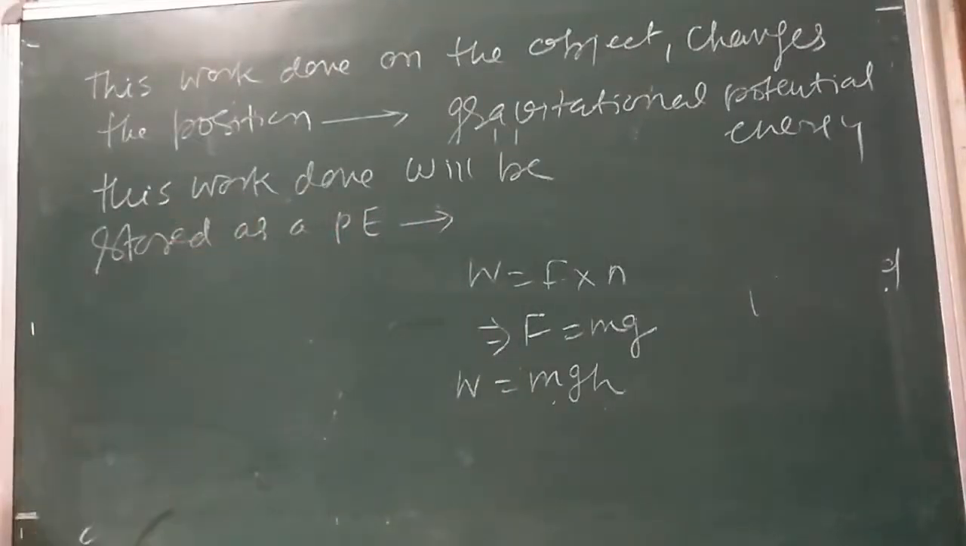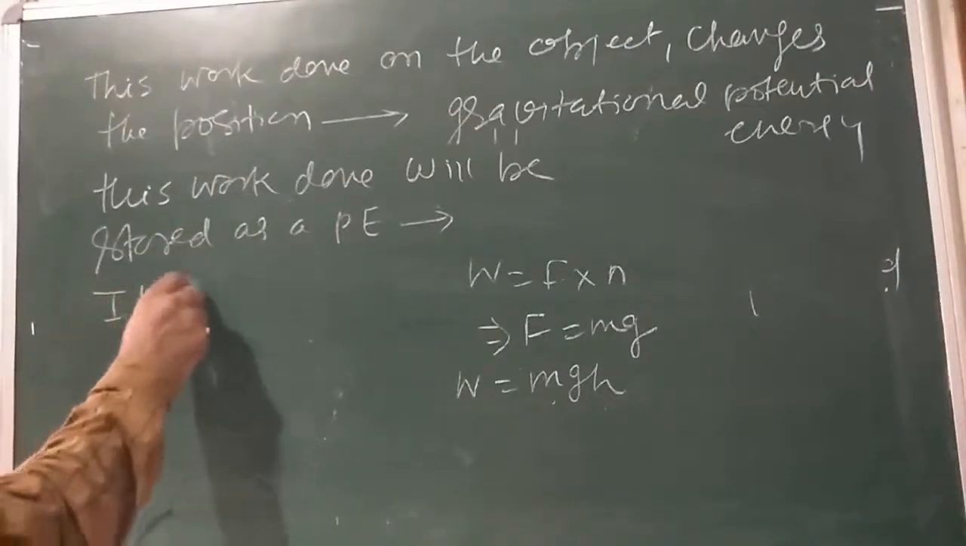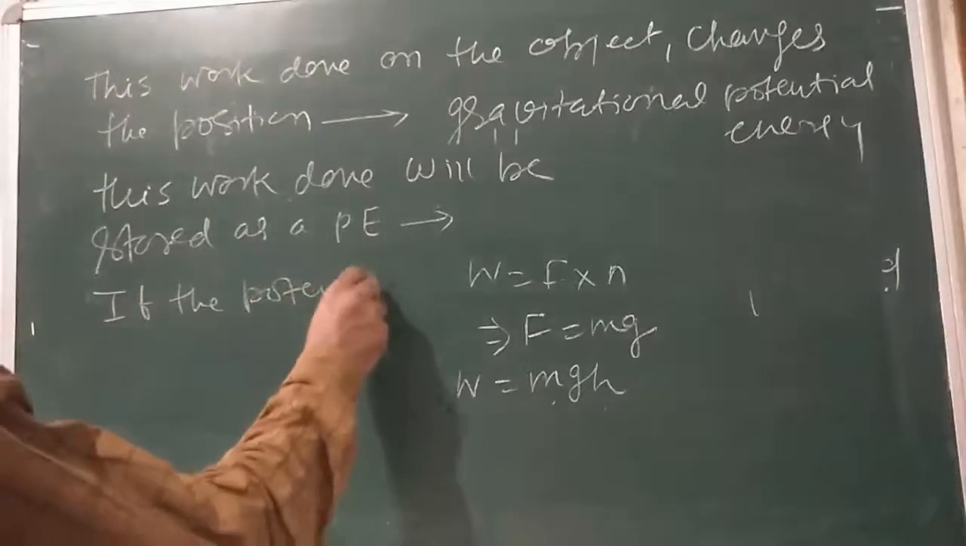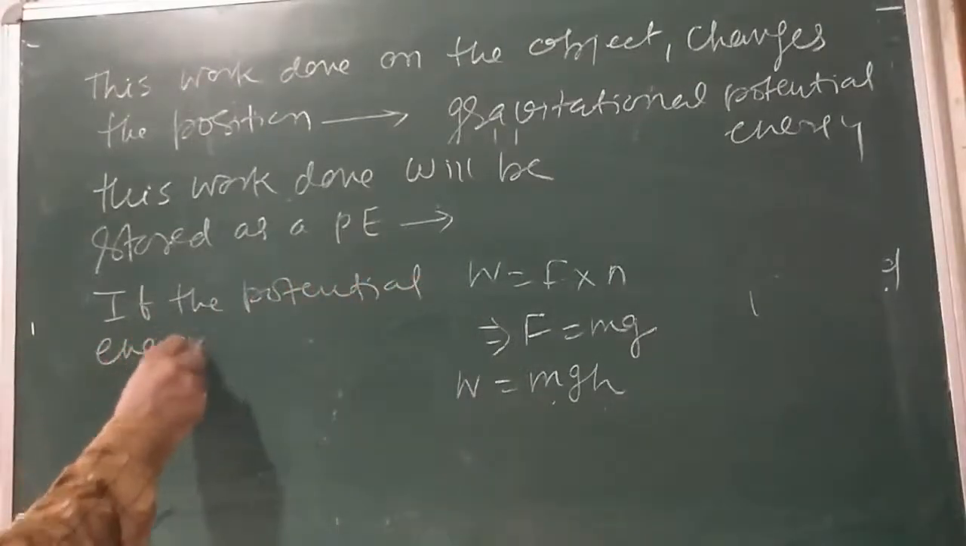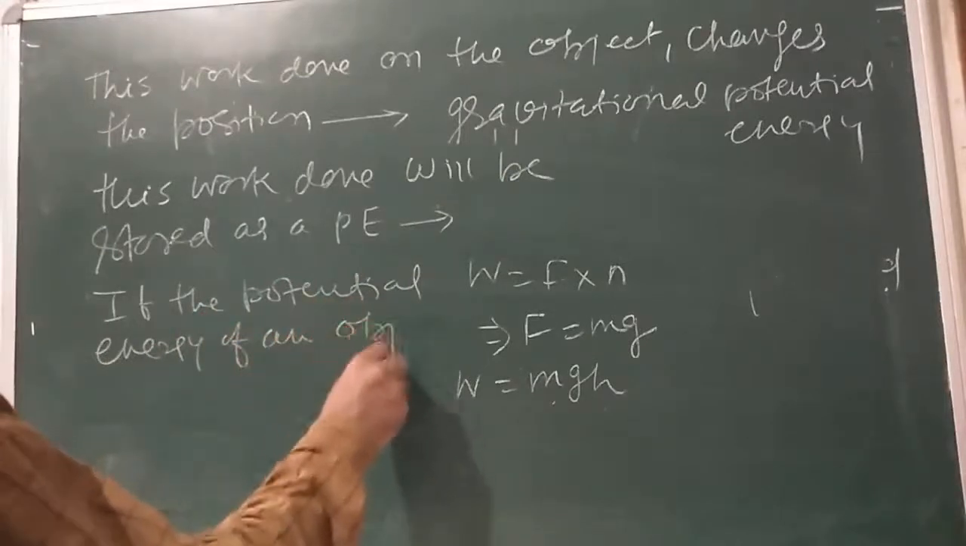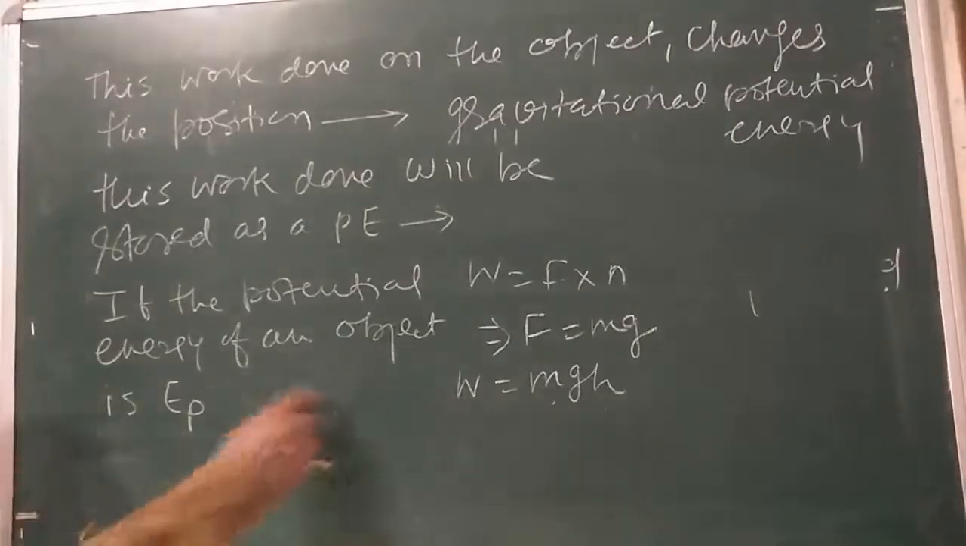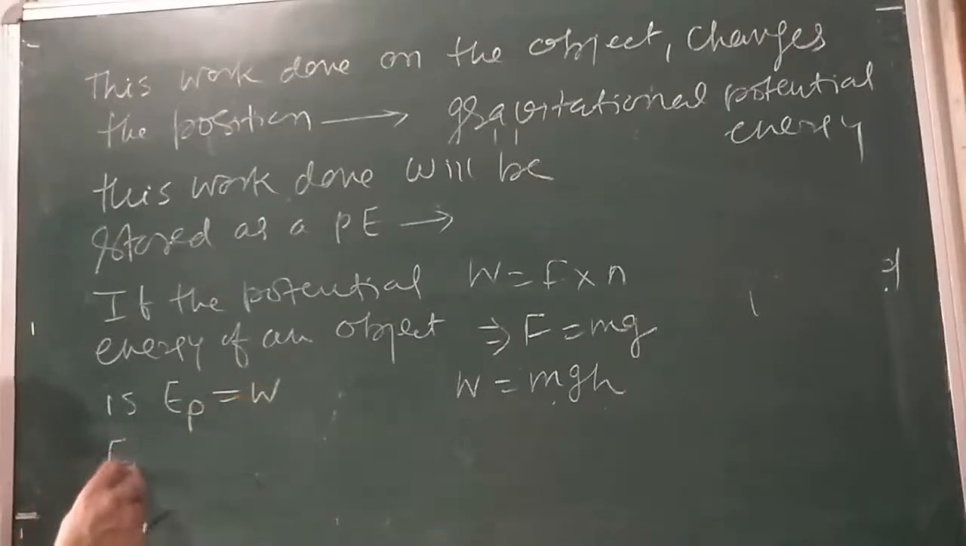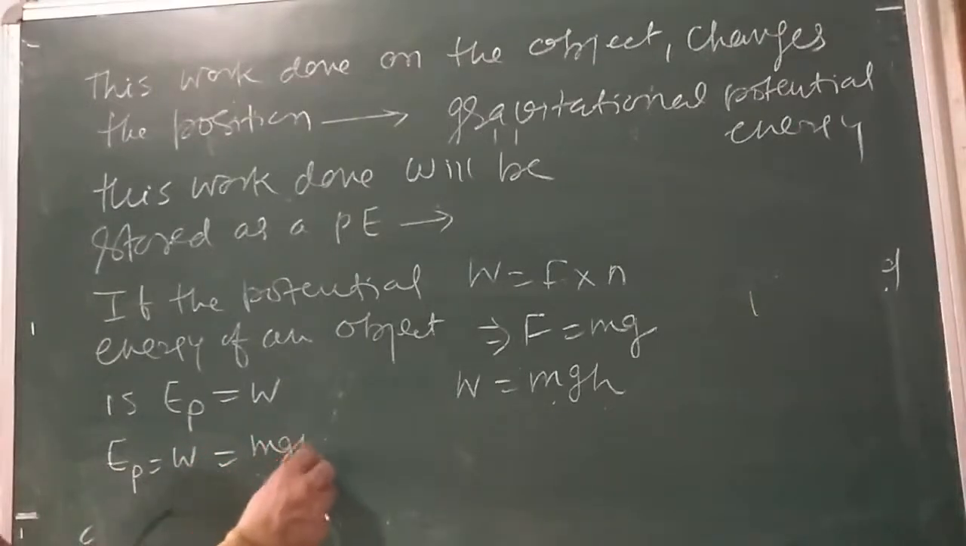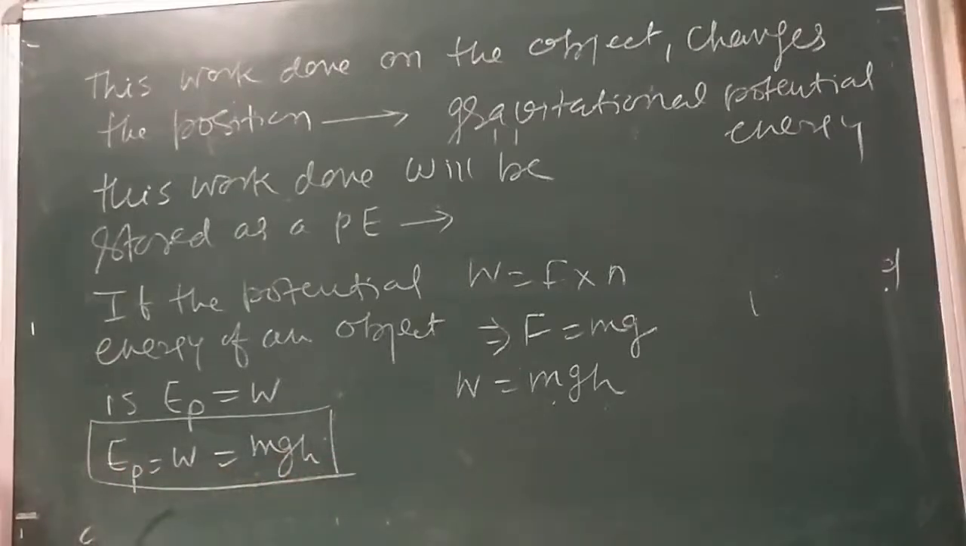If the potential energy of an object is EP, then this work done is equal to W. EP is equal to W, that is equal to mgh. So this is a very, very important formula for the potential energy. Is that clear? So my dear children,